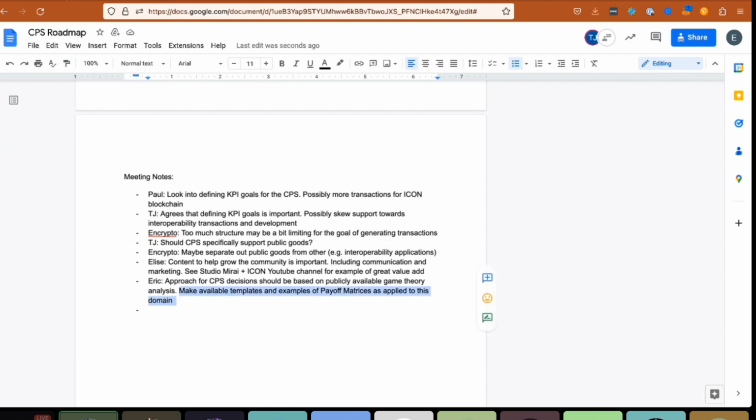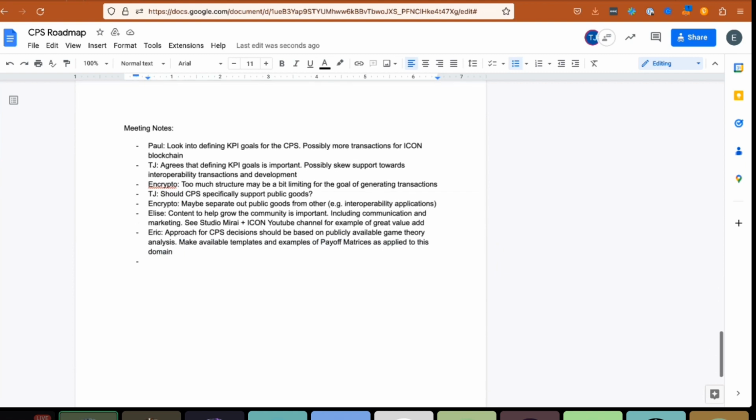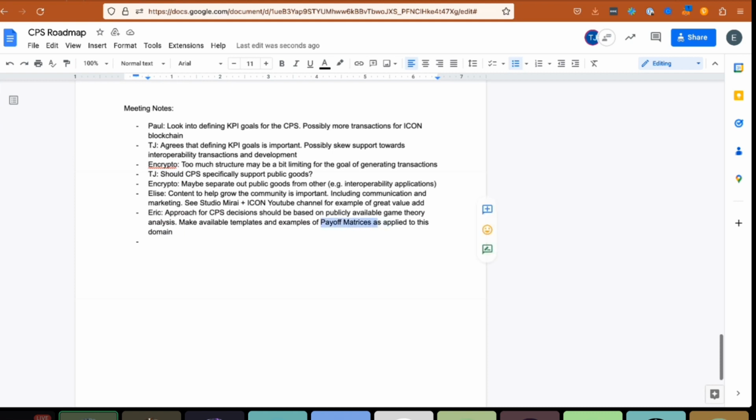And what I want to do is have an accessible but also slightly formal way of thinking about that problem. A payoff matrix is an economic concept for understanding a game in game theory analysis. I think that could be one easy way for people to see, oh, this does seem like a good idea, or oh, you're not accounting for this, or just facilitate discussions.